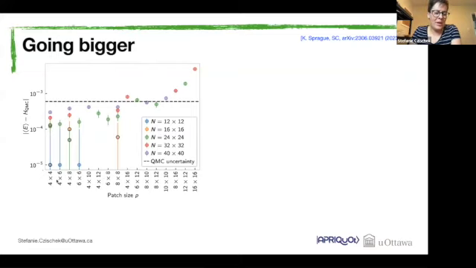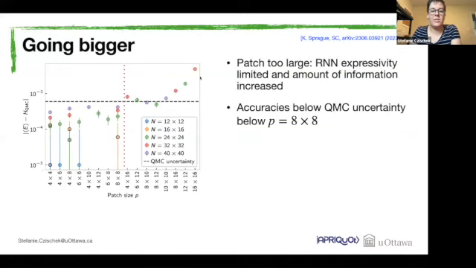And well, you basically see that there's no big difference between squared or rectangular patches. They all perform pretty much the same. And you see that up to 8x8 patches, the accuracy is pretty good, so the energy difference is pretty small. And then our performance gets worse. This basically means that at some point, the input patch gets too large.